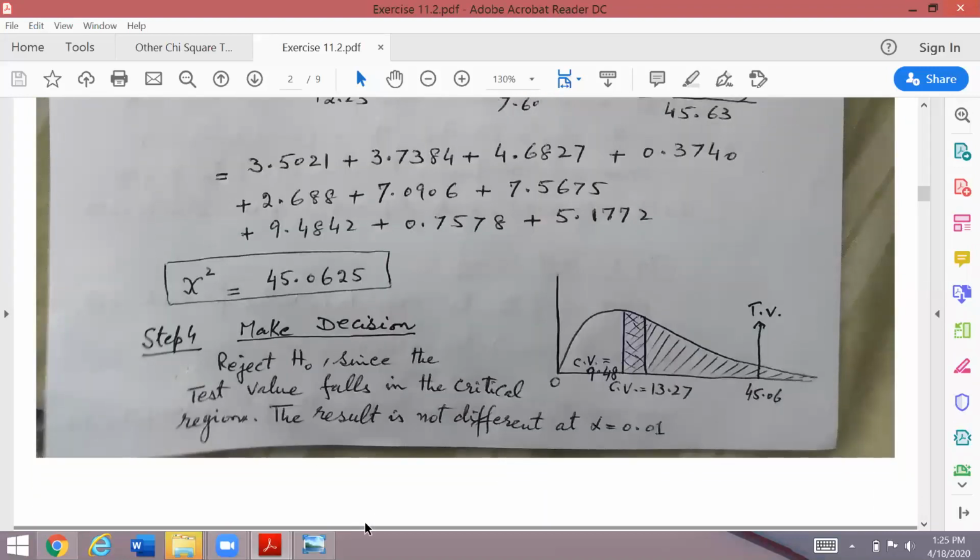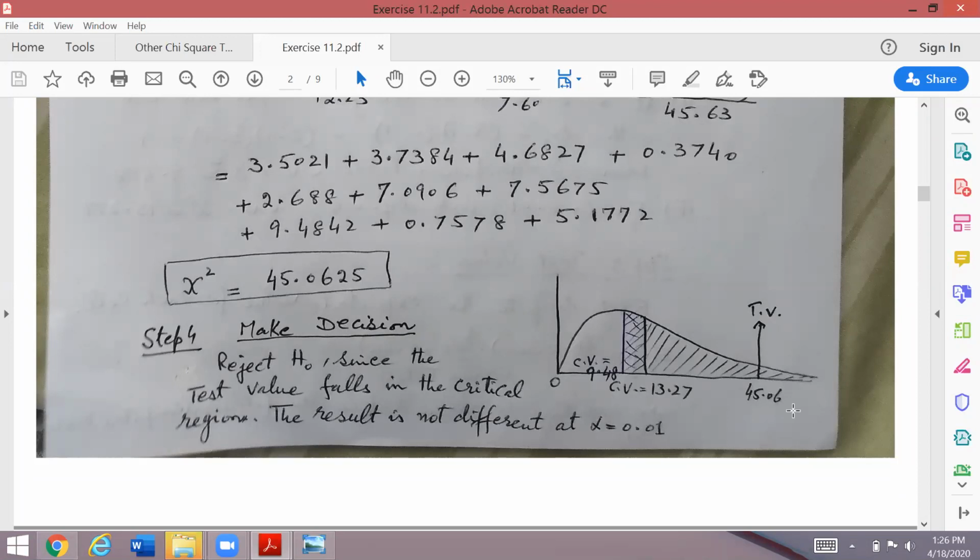The decision is exactly the same as you had been doing in the past in every exercise. A positively skewed curve for the chi-square distribution, the right tail will be longer than the left. First you locate the critical values. देखिए एक critical value हमने अल्फा 0.05 पर निकाली थी, that was 9.48, और दूसरी critical value we found 13.27 for alpha equal to 0.01. If you remember, in CV we found these two values. अब देखिए where is your test value falling? 45 is far behind. I mean, keep on moving to the right side.